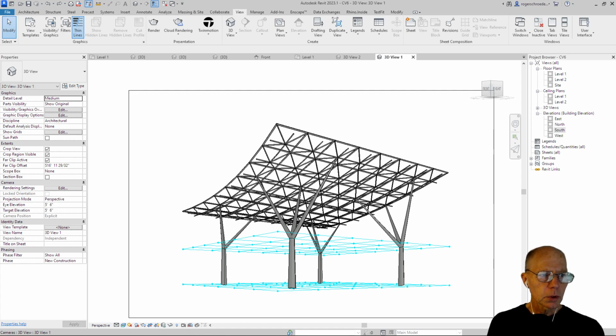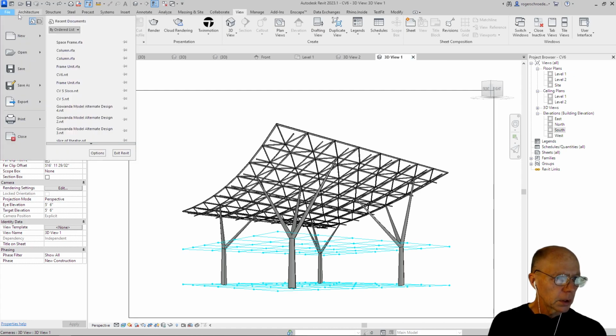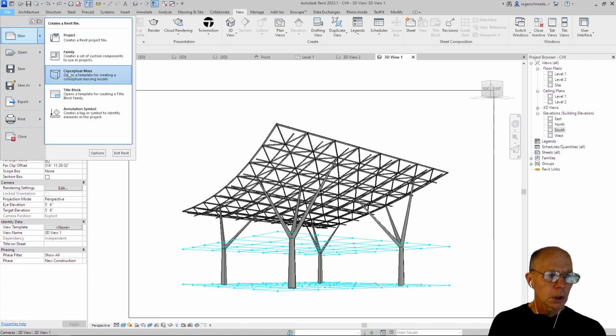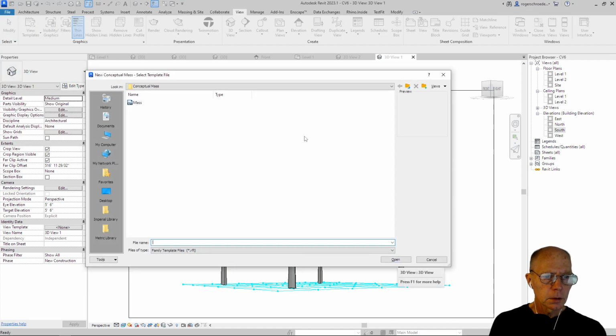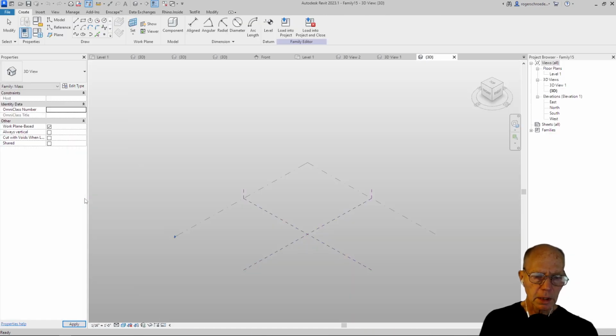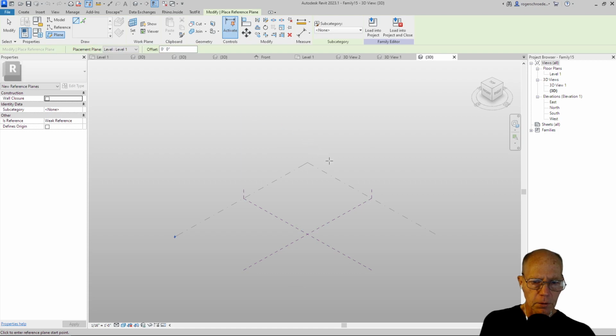So what I'm going to do is go to File, and I'm going to go to a new conceptual mass. And once again, if you don't have that, I can provide that conceptual mass file for you. And we're going to make a couple of reference planes to kind of scout out our area here. So I'm going to make these